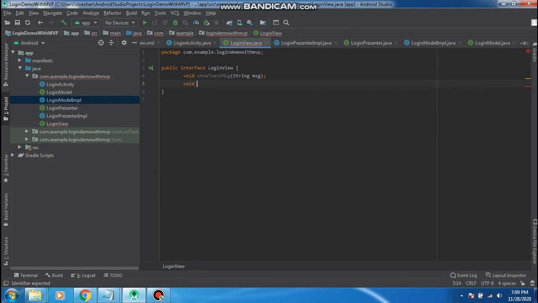Then I declare another method for login successful, to go to the next screen. Okay, I declared two methods for the view.